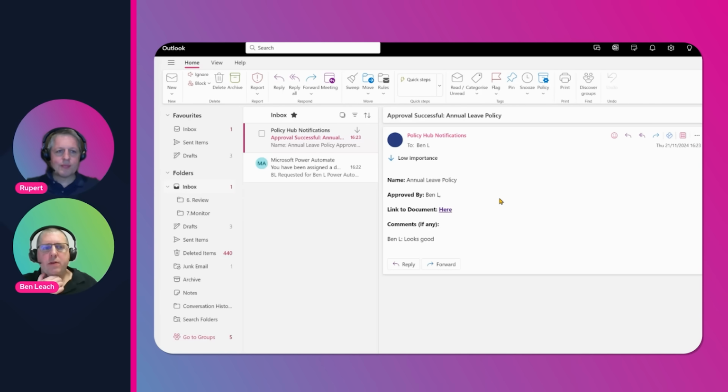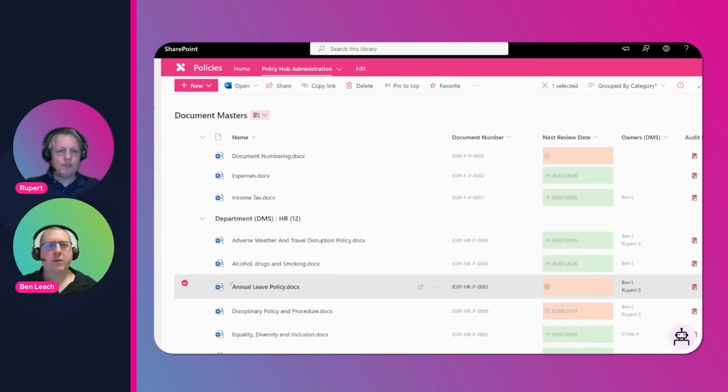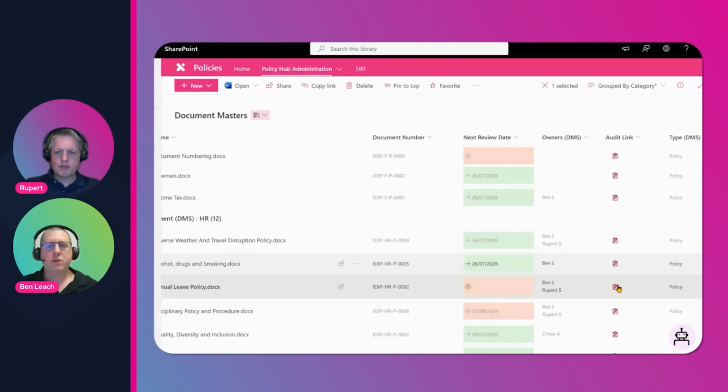So I think we'll just give it another minute or two. Before we go and take a look at that, it might be worth having a look at the audit log that we talked about before. So Rupert, if you can jump into the SharePoint site itself, we can see that there's an audit link over on the right-hand side. So if you go and click on this audit link,